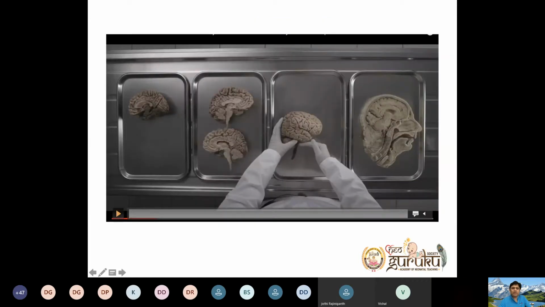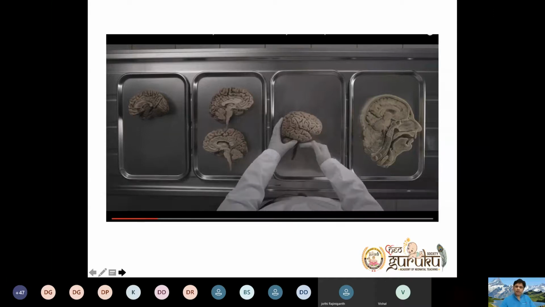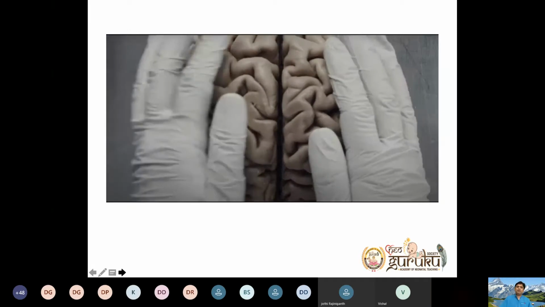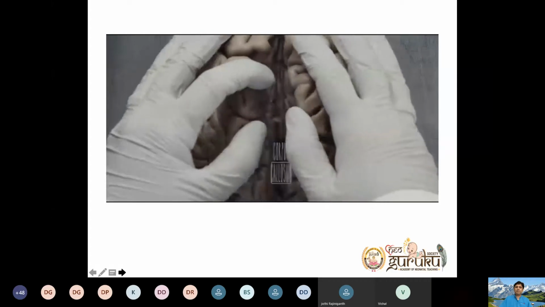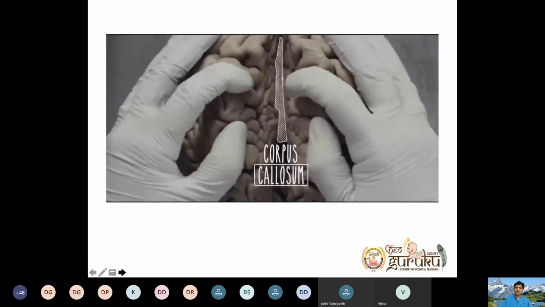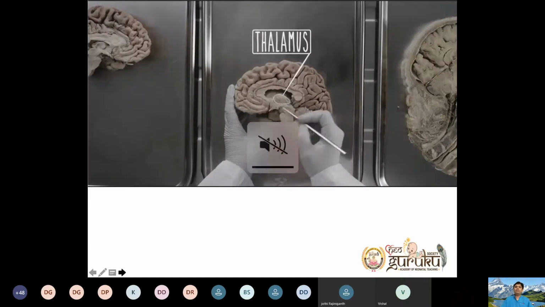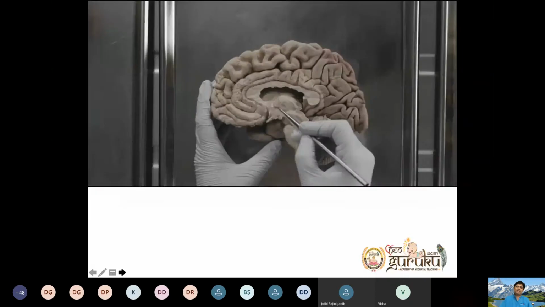Now we'll move on to the actual brain, how the human brain looks. The anterior surface, posterior surface, superior surface, and inferior surface. This is the superior surface, how it looks. You can see in between the corpus callosum connecting both cerebral hemispheres. Clear? Now we have taken the sagittal section of the brain. This is your hypothalamus. Hanging below that is your pituitary gland.